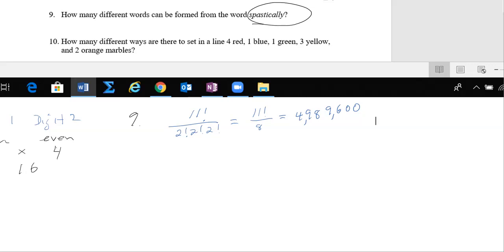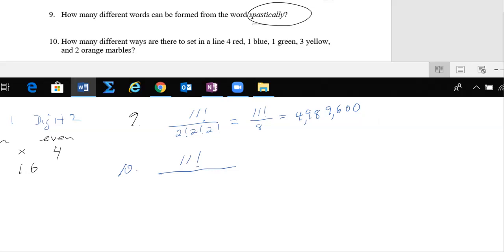We've got 4 reds, so it's a word with all of these things in it. So it's the same reasoning. We got 4, 1 is 5, 6, 7, 8, 9, 10, 11. So we are going to have 11 factorial, and then you got to divide out the matches, because nobody can